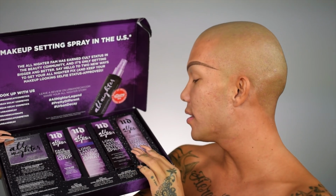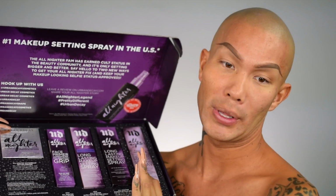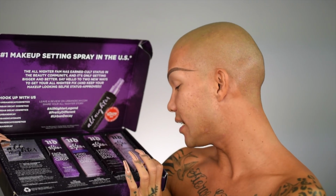And then we have the All Nighter Pollution Protection Environmental Defense Makeup Setting Spray. I don't know what that does. It's up to 16-hour wear. Wait, what's the difference? Hold on. So the difference between...